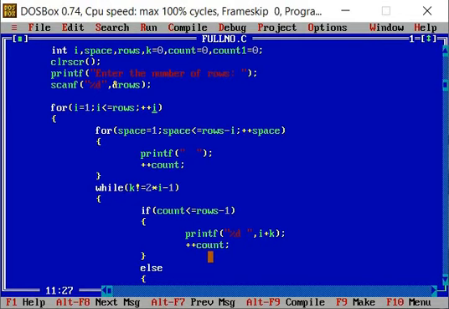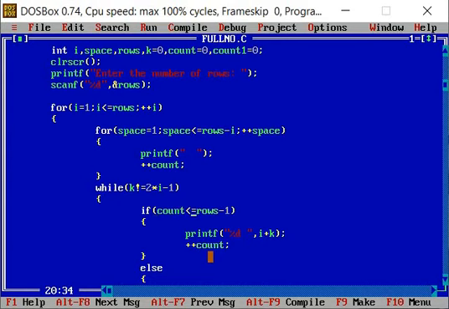So 2 is equal to 2. Here space is equal to 1, and space is less than or equal to 2 minus 2, that is 0. Definitely the condition is not satisfied, so it will go directly into the while loop. So while k value is 0, 0 is not equal to 2 multiplied by 2 minus 1, that is 3. It will enter into the while loop.